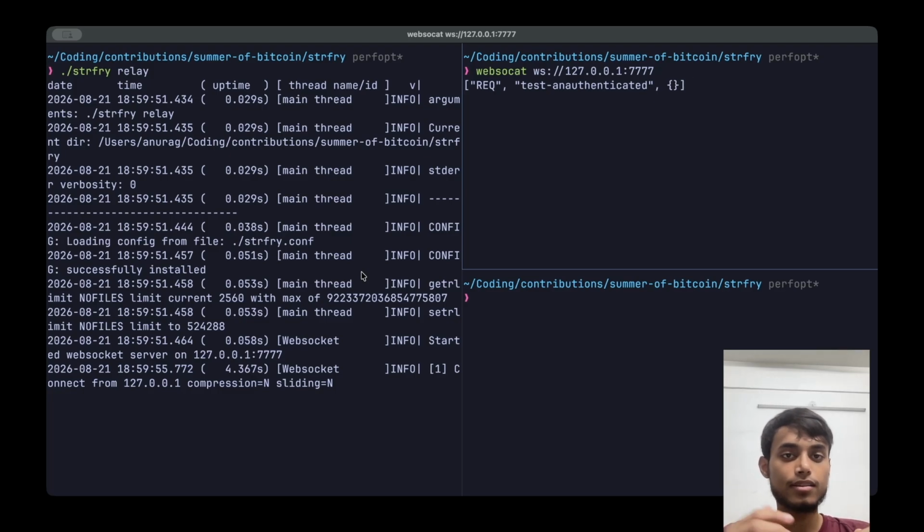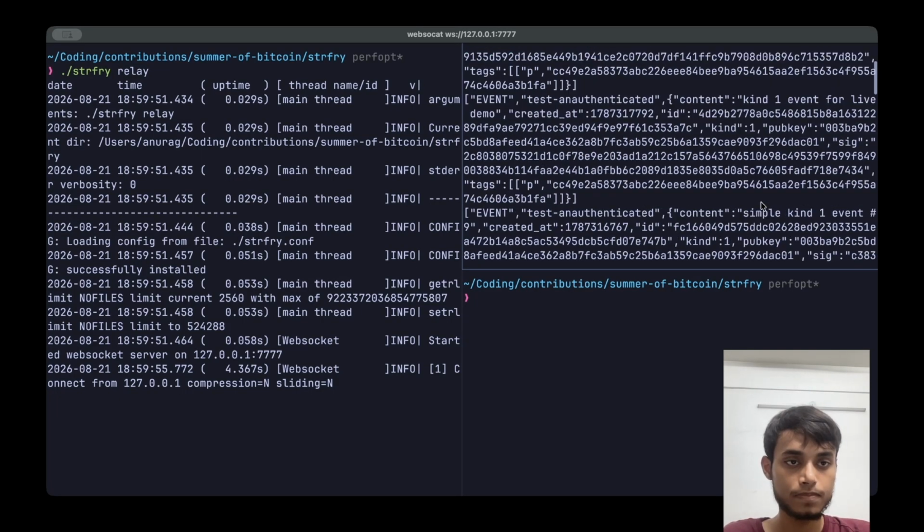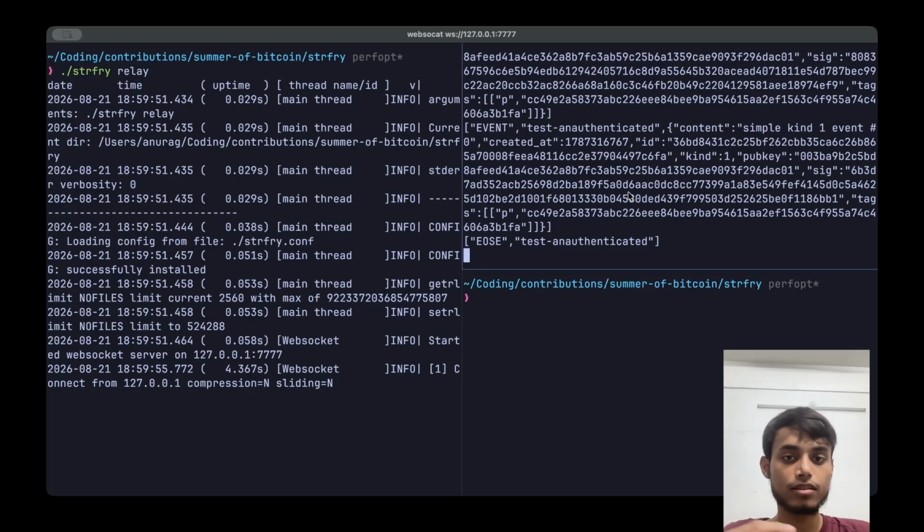What should happen here is that we should get all kind 1 events and events of other kinds which are not restricted. But we should not get any kind 4 events. Kind 4 events are restricted. We have configured kind 4 events to be restricted, so these events should not appear in the response. Let's see. And all of these are kind 1